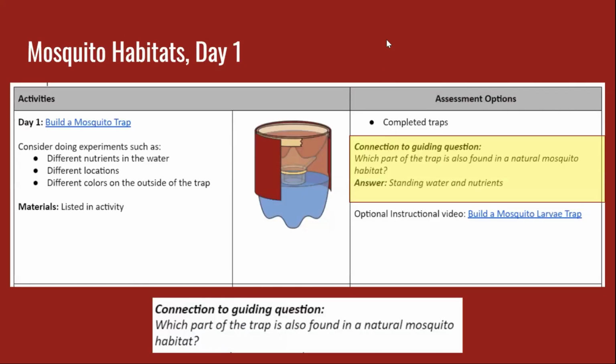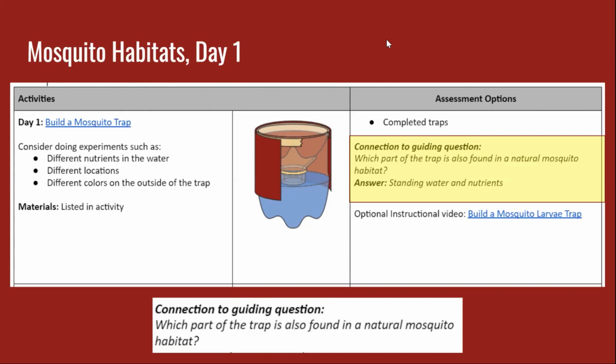As we move into the 5-day sequence of activities, keep in mind this is a suggested sequence. You are welcome to modify it as meets your own needs. The first day is building a mosquito trap. It's really a pretty simple thing to do. There's a picture here of one. You just need a 2-liter bottle and a couple of simple things,